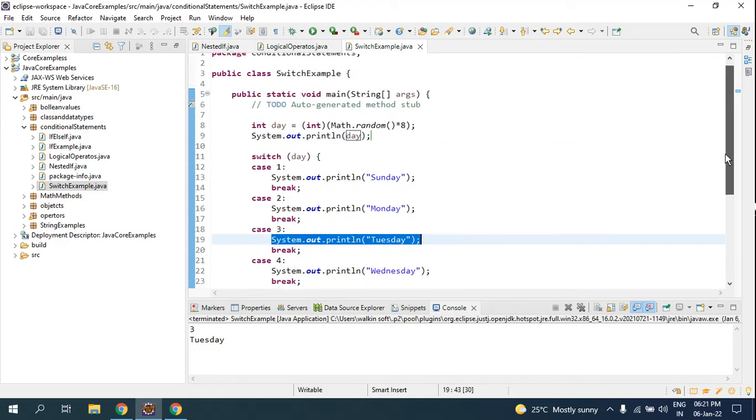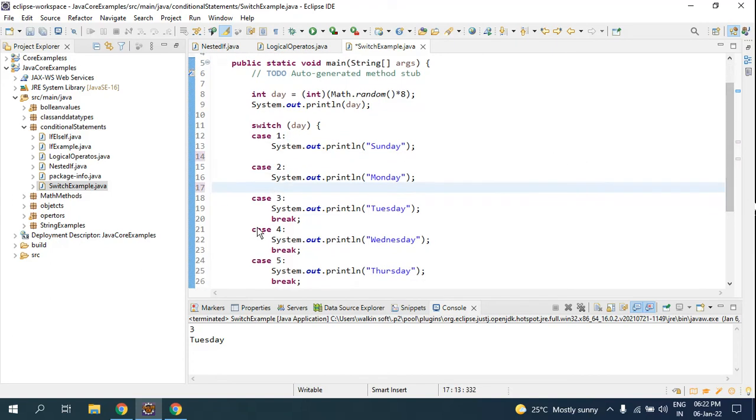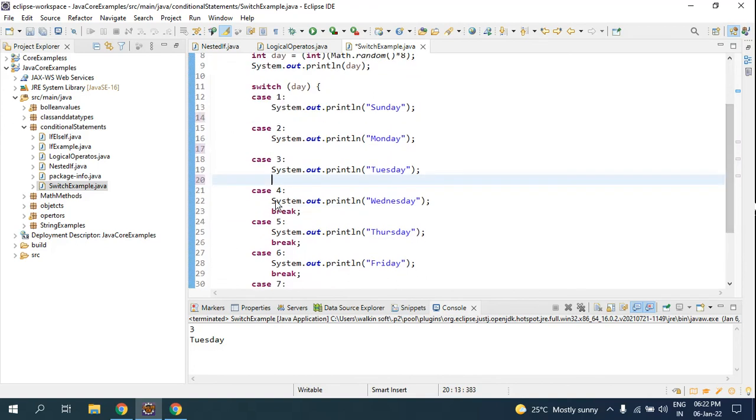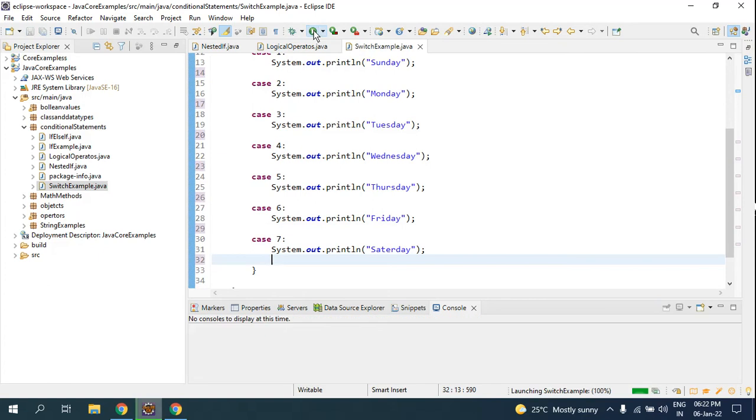Look, now I'll comment out every break keyword, or I'll remove it, so that you'll get to know. If I comment it out, you'll still be able to see that break keyword, and you'll have confusion. Now you can remove this break, and see what happens to your condition, then you will know why you have to use the break keyword. Look, I have removed the break keyword. Now I'll run my application.